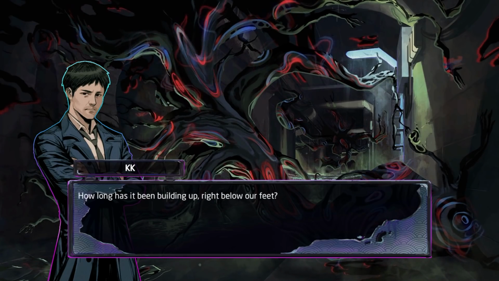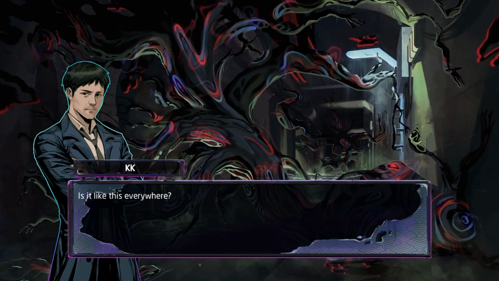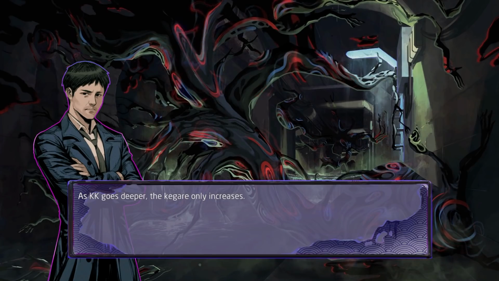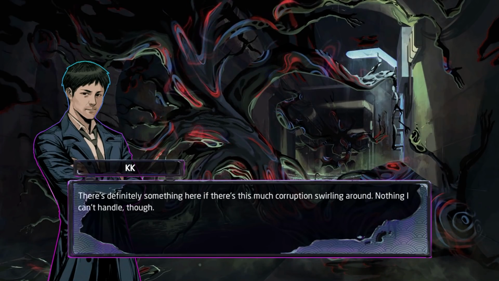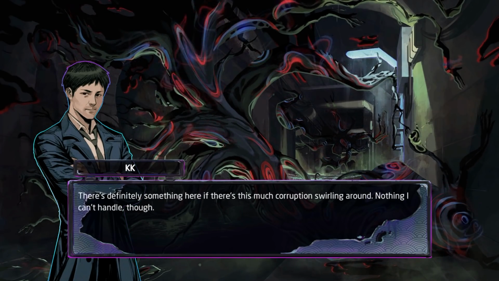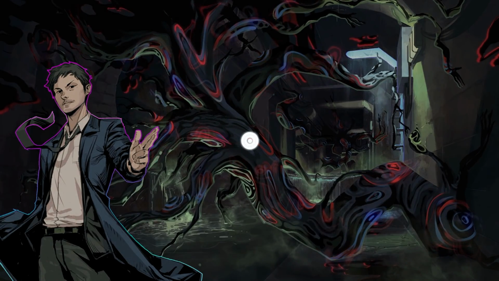How long has it been building up right below our feet? Is it like this everywhere? As KK goes deeper, the Kagari only increases. There's definitely something here if there's this much corruption swirling around. Nothing I can't handle though. Alone in the darkness, KK summons his power and...